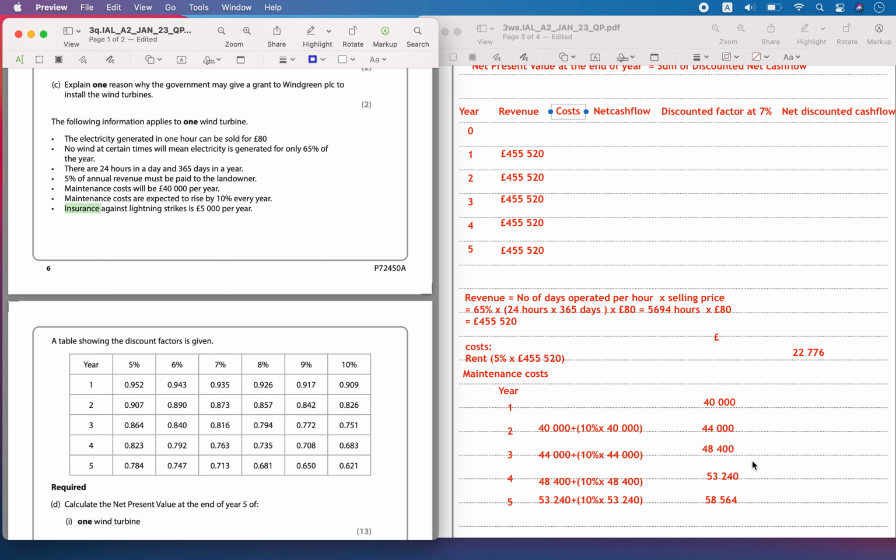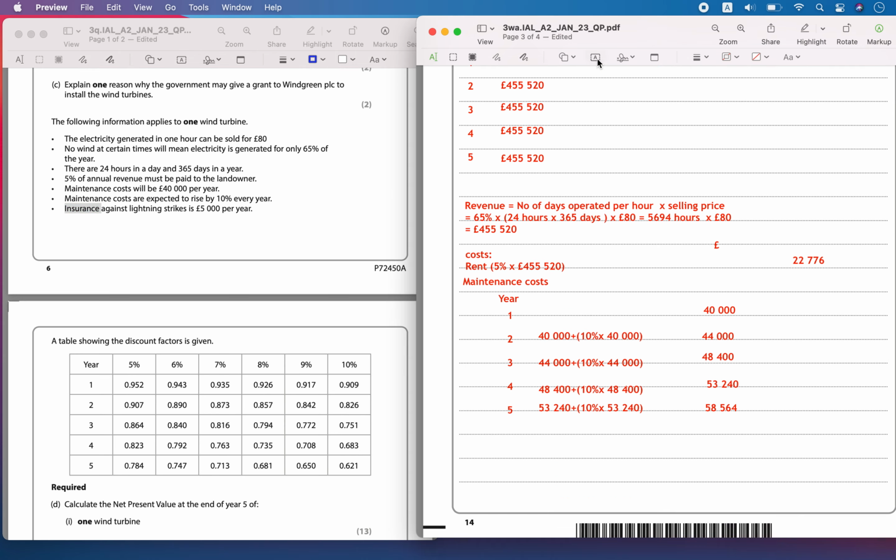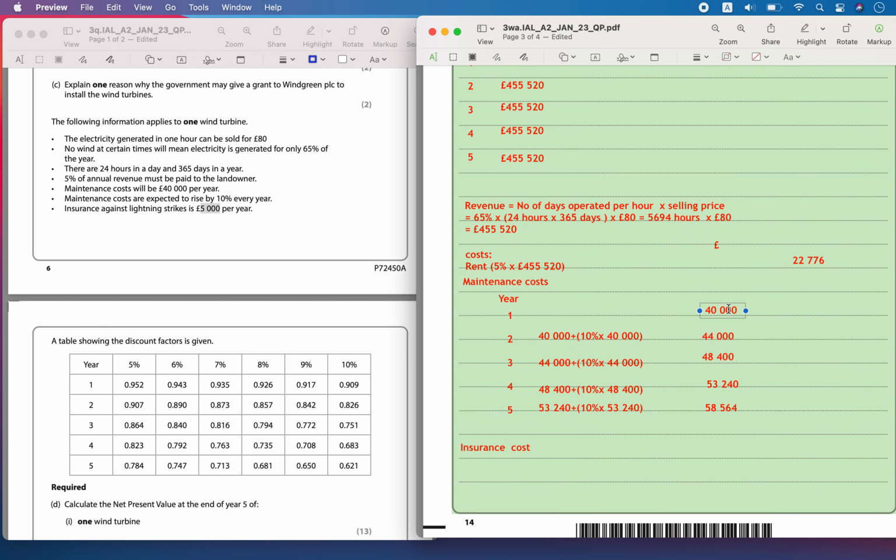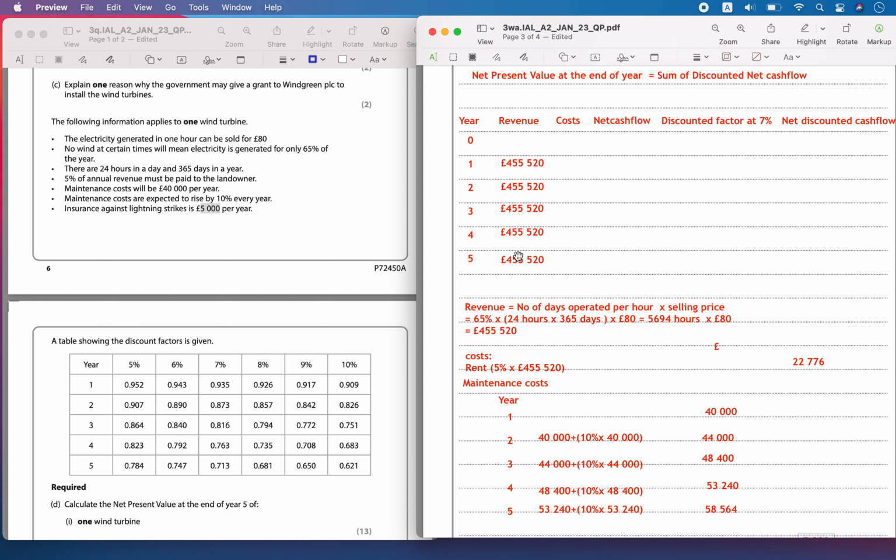Then there is also insurance. Insurance is 5,000, which is also fixed every year. So the insurance cost is going to be equal to 5,000 every year. So these are the three costs that are going to occur. Now let